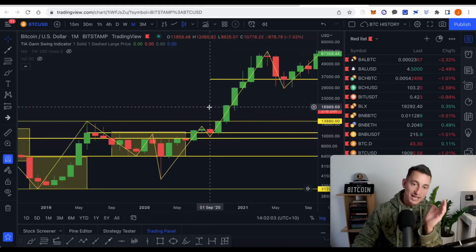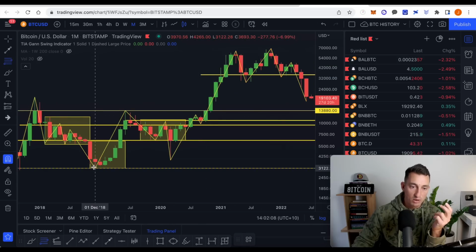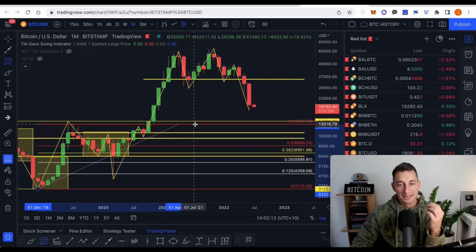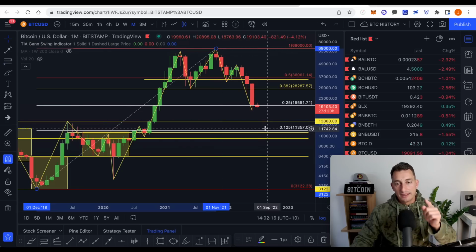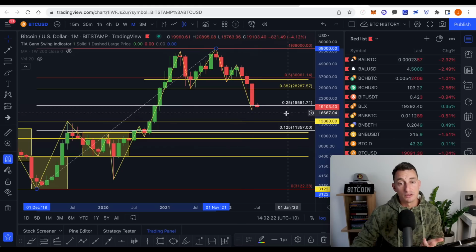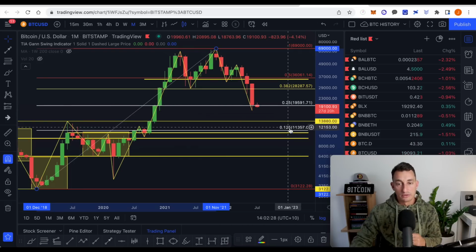So now that we have that there, here is the holy grail. Let's take a look at where these price ranges line up for Bitcoin right now in this current bear market cycle. You're waiting for me just to click the tool right here. There we are. We've just broken under, well, we sat on it, we broke under, then came back and closed above it. So you know that this is working at the moment. The 25% level, so that's $19,600. Where does this level come in? 12.5% comes in at